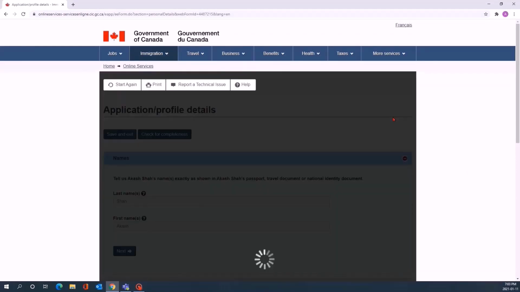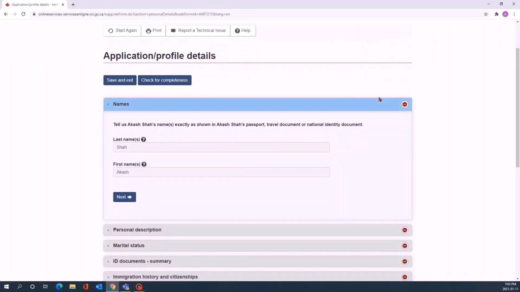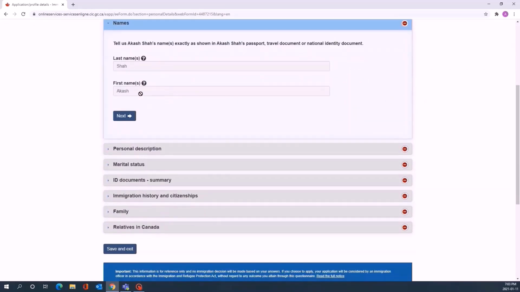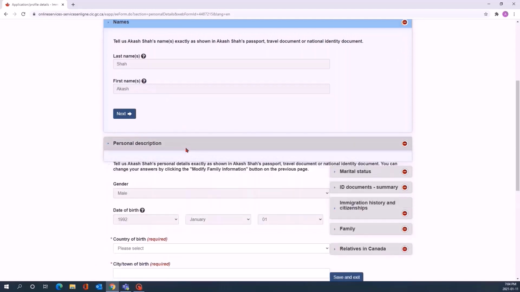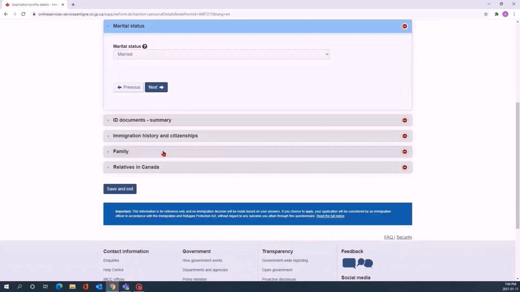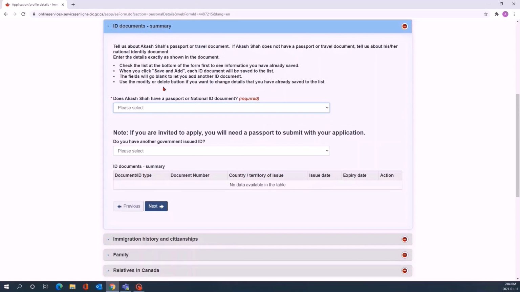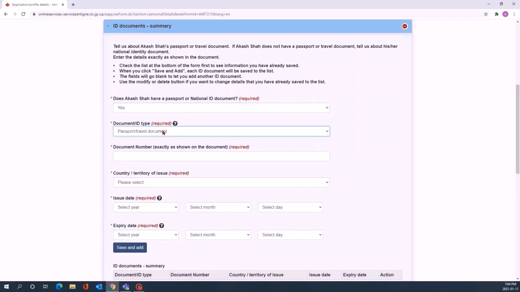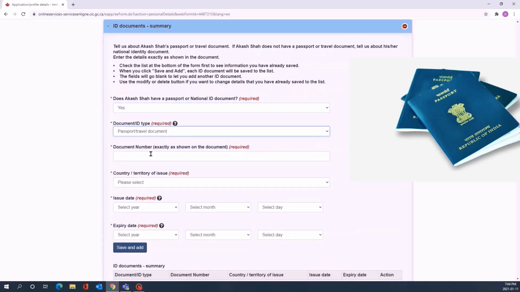Now I'm starting from the first form. Here your information is already there. Now you need to select your country of birth. It will appear in your passport. After that you need to enter your passport number and details. So which document you are entering, select passport, enter your passport number.